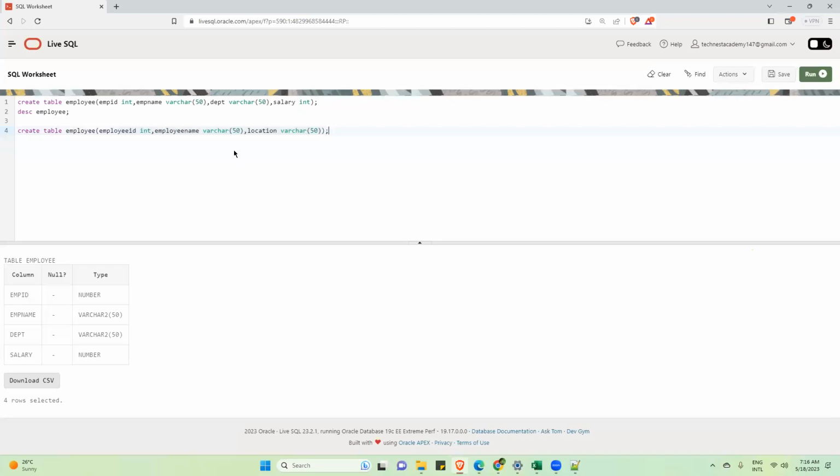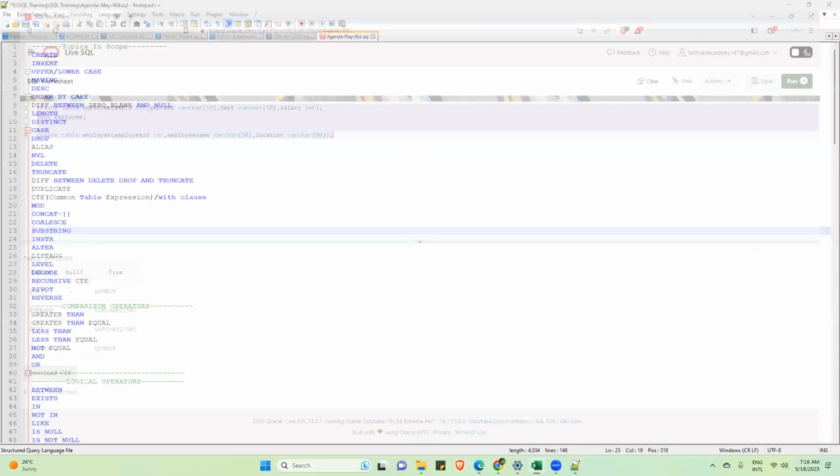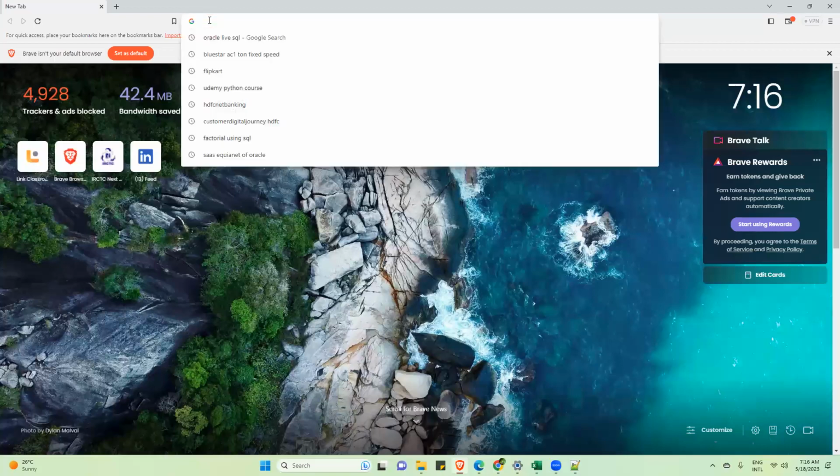Oh, the session has ended because I have logged in from there. Let me log in again, one minute. If it is throwing this error message, close the browser and open it again.